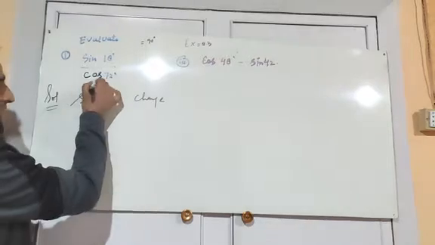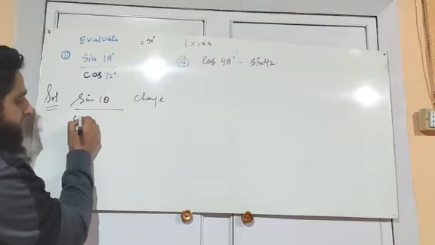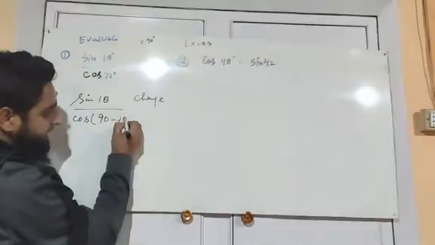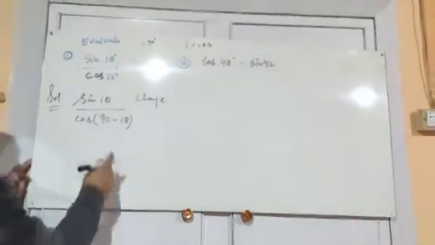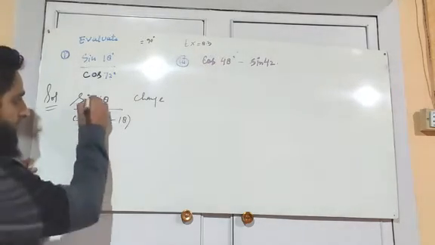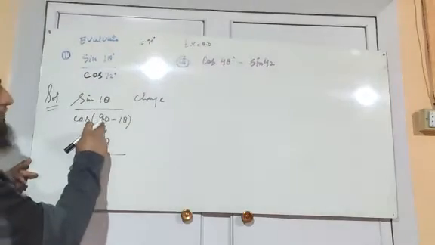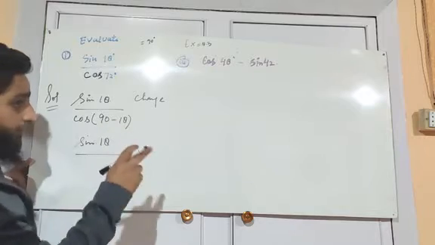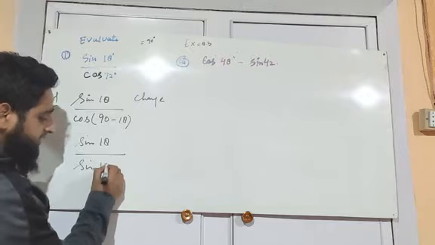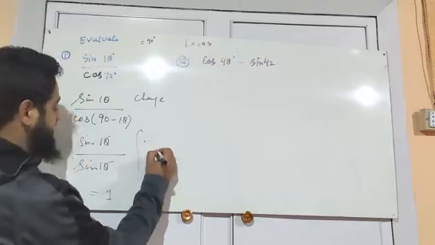फर्ज करो हम cos 72 को change करेंगे, तो cos अपनी जगह, अगर यहाँ ये 72 है मैं लिखूंगा इसको 90 माइनस 18, कोई प्रॉब्लम ही नहीं. 90 को 18 काटेंगे, we get the same cos 72. उसके बाद sin 18, उसके बाद cos of 90 minus theta, आपने अभी पढ़ा cos of 90 minus theta होता है sin theta. This will cancel out, answer will be 1, but you have to write here what you have